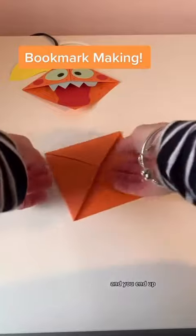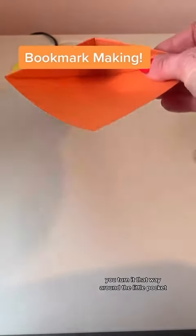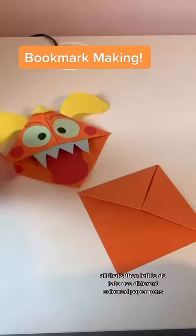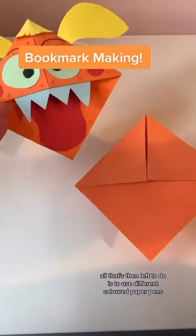And you end up, if you turn it that way round, with a little pocket that you can tuck inside the page in your book. All that's then left to do is to use different coloured paper, pens, whatever